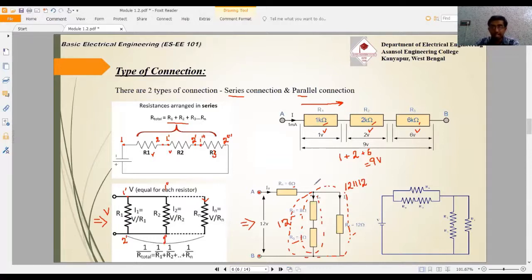Okay, and this 6 ohm is in series with another 6 ohm. So the net resistance we will see from the AB terminal will be 12 ohm. Clear? So you can solve this type of combination where one series combination is with a parallel one and with another, and so on. These types of combinations are called complex combinations, where both series and parallel combinations are used.